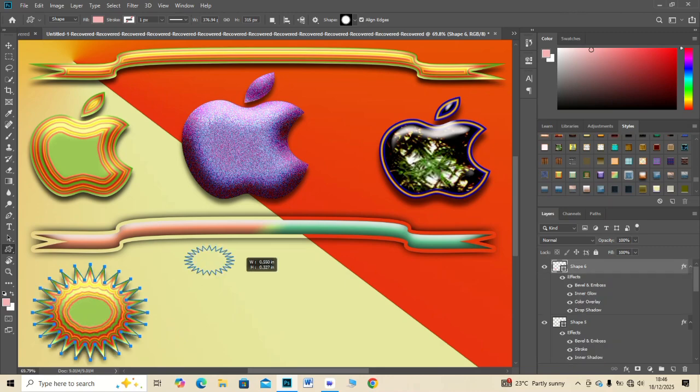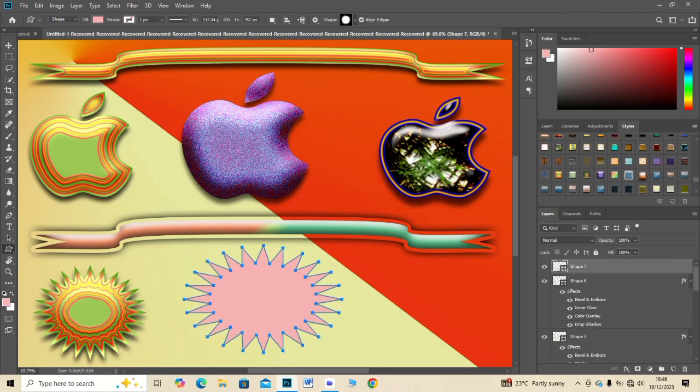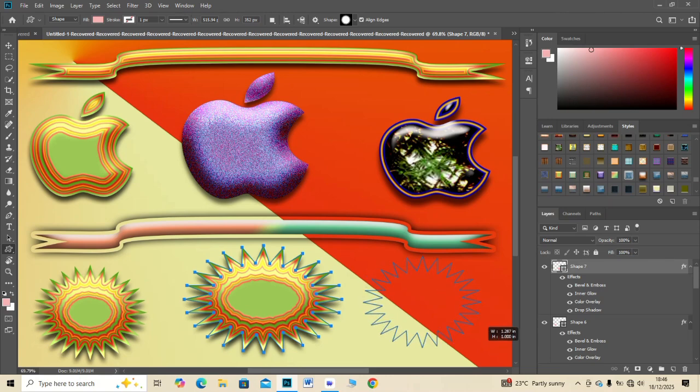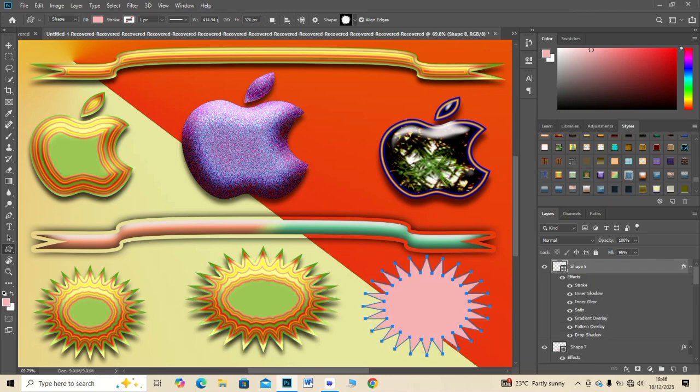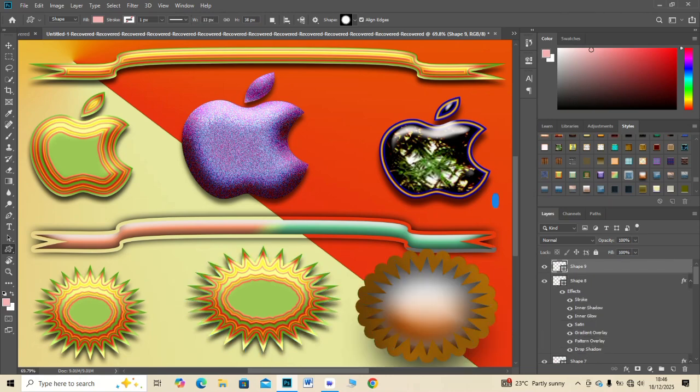Add number text inside the circle using the type tool. Center the number properly. Select the bell layer and double click it. Add a soft drop shadow. Press OK. Zoom out and